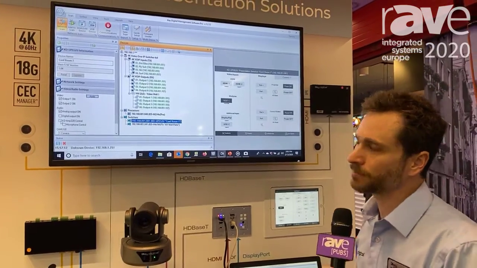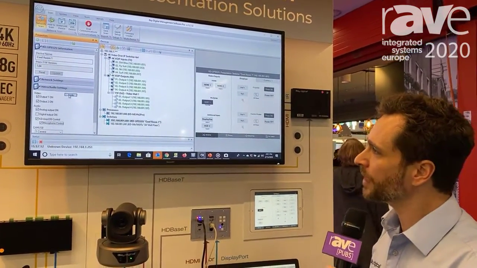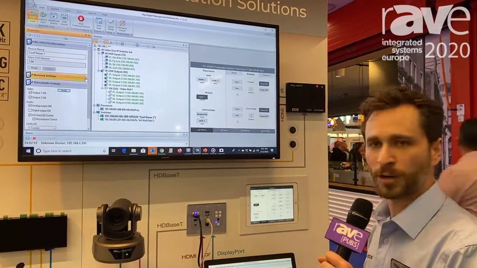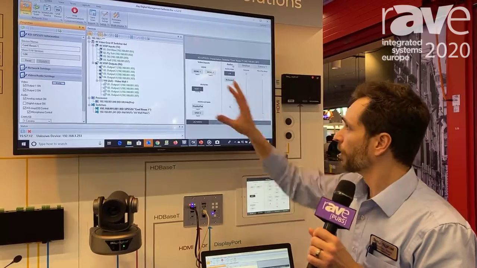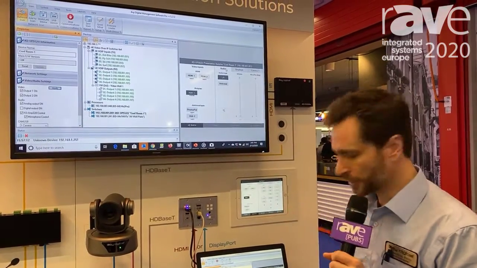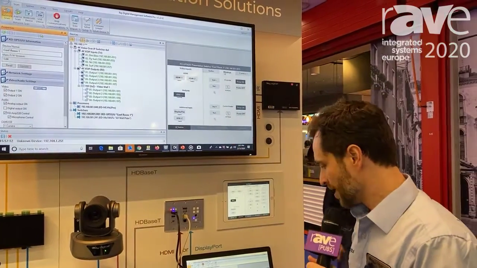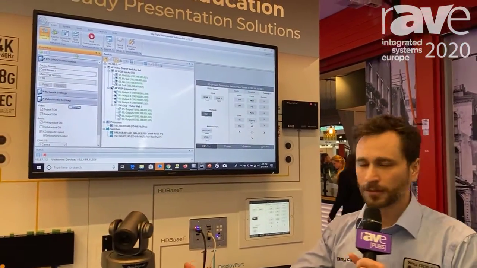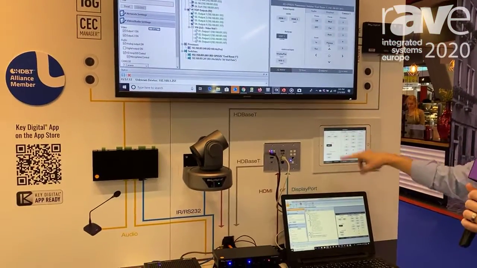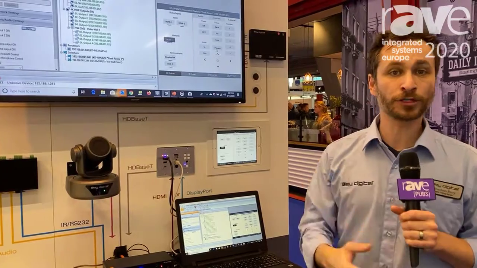I tell the system that I have an amplifier, and I apply that setting, now you see we now have a control panel for video switching, audio control, display control via CEC, and even camera control, all in a free app that gives you everything you need for you and your end